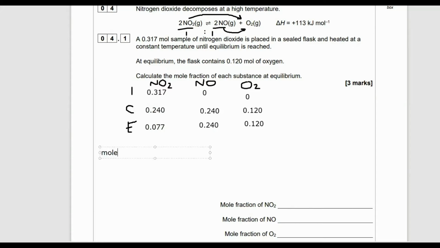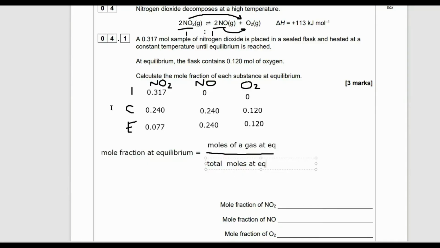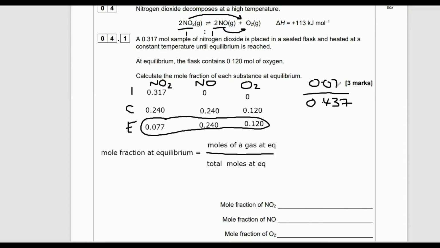So what we've now calculated is the moles of each substance at equilibrium. So we've scored a mark here. We've got 0.077 moles of nitrogen dioxide, 0.240 of nitrogen monoxide, and 0.120 of oxygen. However, we need to write the mole fraction. And the mole fraction is the moles of the individual substance at equilibrium divided by the total moles at equilibrium. So if I want to find the mole fraction of nitrogen dioxide at equilibrium, I need to do 0.077, and I should divide that by the total moles at equilibrium. Now, the total moles at equilibrium, I need to add 0.077 to 0.240 to 0.120, and that equals 0.437. And so if I divide the individual moles by the total moles, I get 0.176,